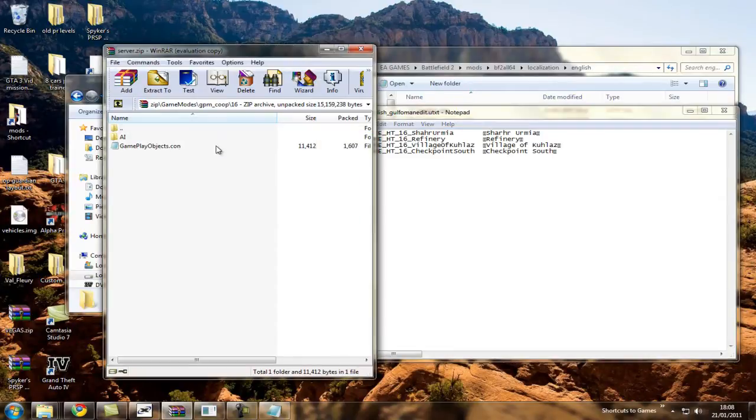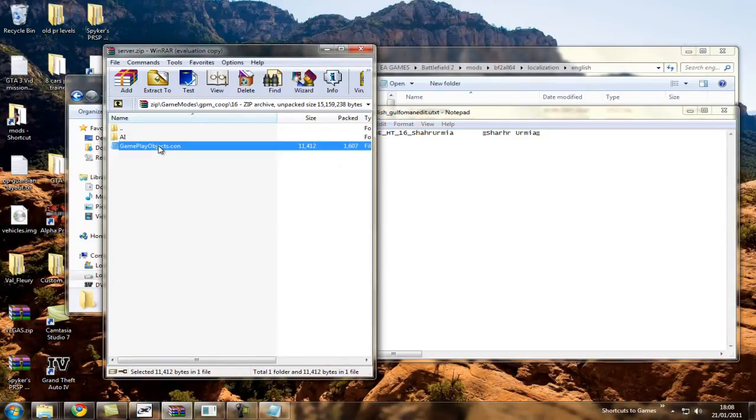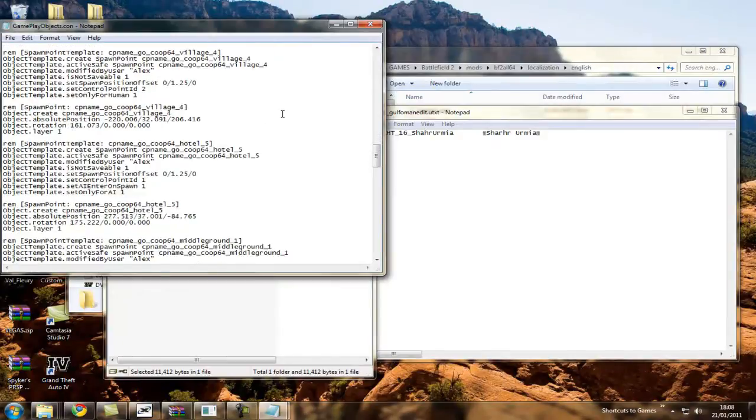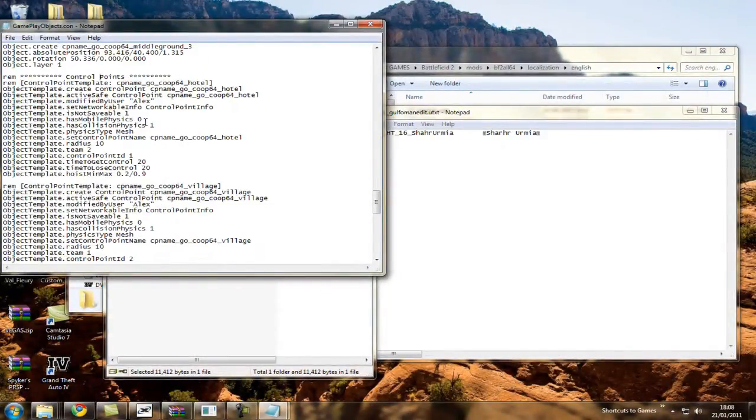I can just delete all of them but one, then open up your gameplay objects that you've edited, scroll down until you find control points, then look for set control point name,